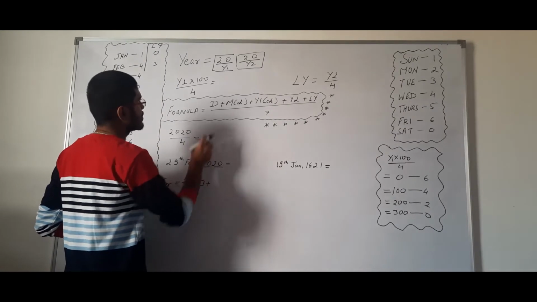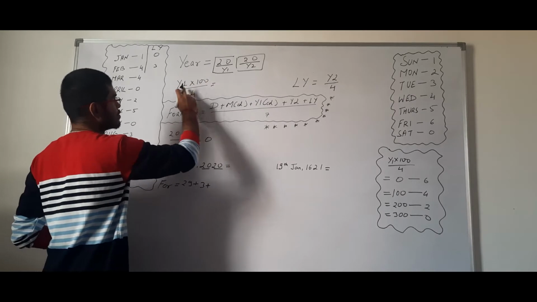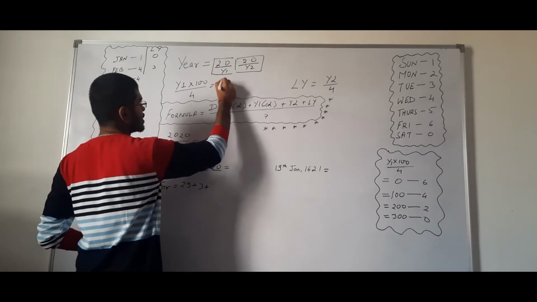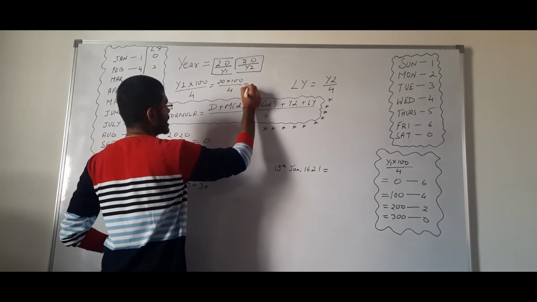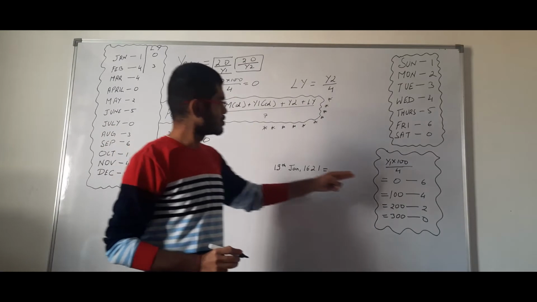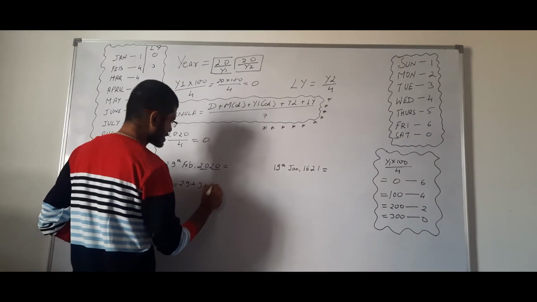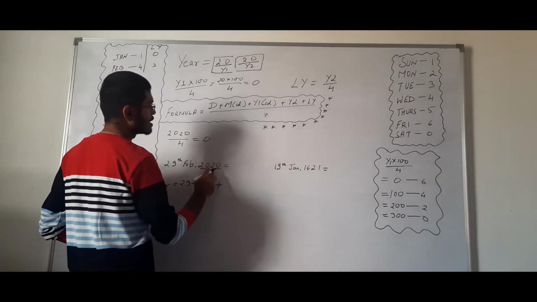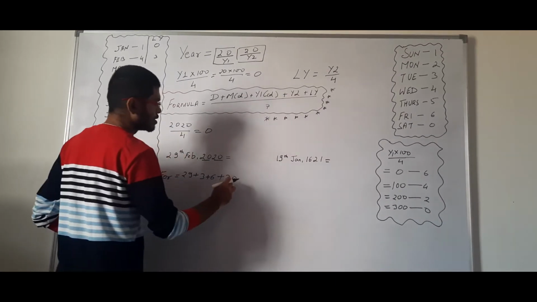Now year 1. Year 1 has a code. How to get the code for year 1? We will multiply year 1, that is 20, into 100 and divide by 4. Now this again gives us a remainder of 0. We see that when the remainder is equal to 0, the code is equal to 6. So we will be writing the code as 6. Then we have year 2. Year 2 we will be writing as it is.